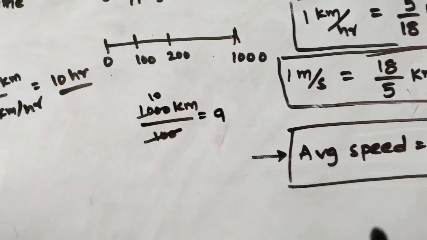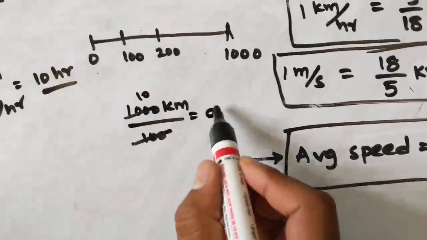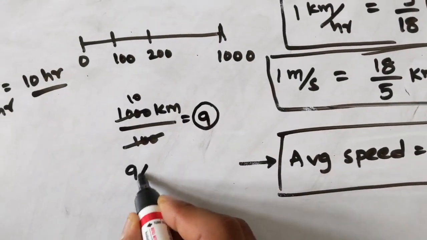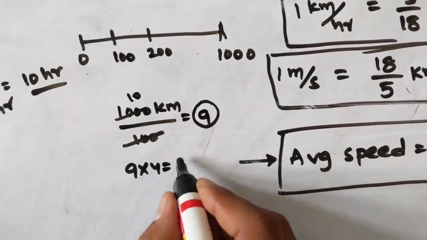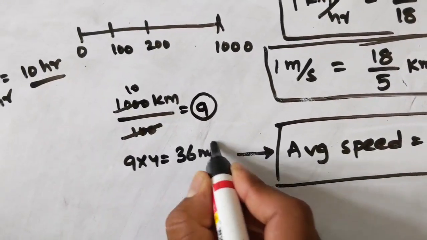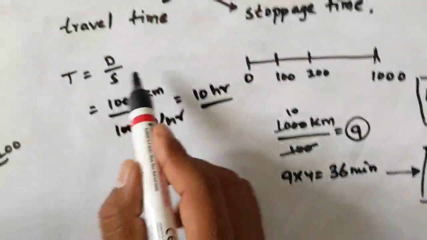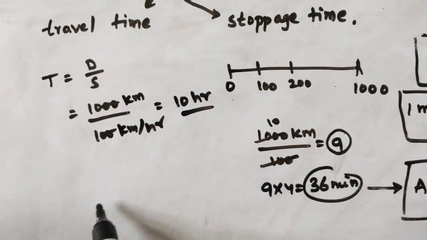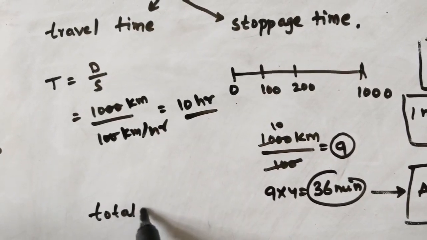So 9 stoppages, right? Each stoppage is how many minutes? 4 minutes. 9 into 4 is equal to how much? 36 minutes. So travel time is 10 hours and stoppage time is 36 minutes. Total time is equal to